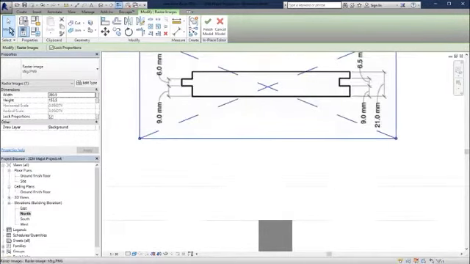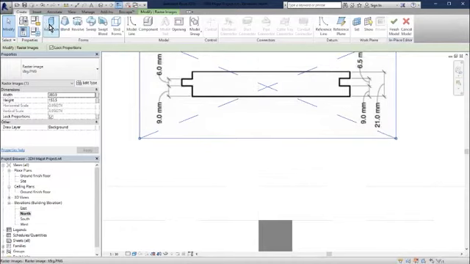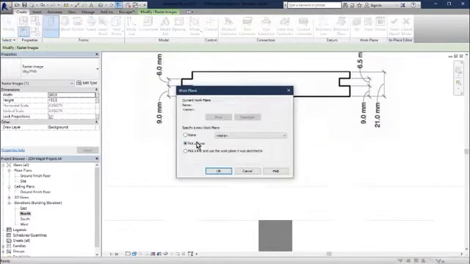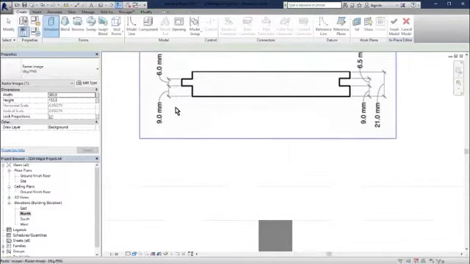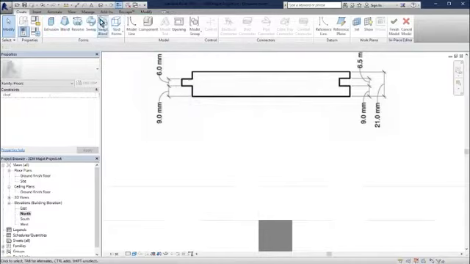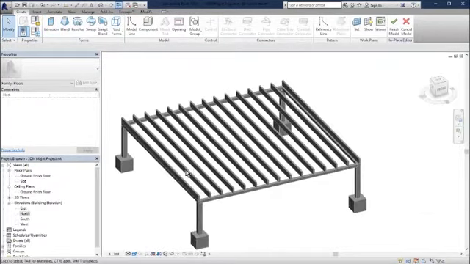We're using the model in place. We're going to go to create, and it is an extrusion that we're going to use, and we are going to choose to model in a different work plane. So let's cancel that, and what we need to do, let us go to our 3D view, and in our